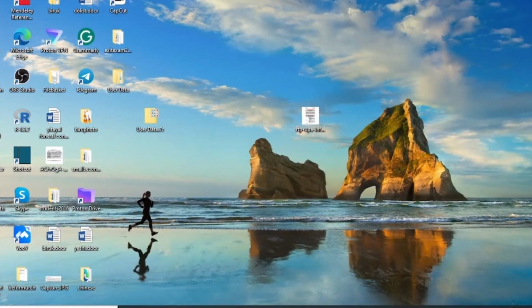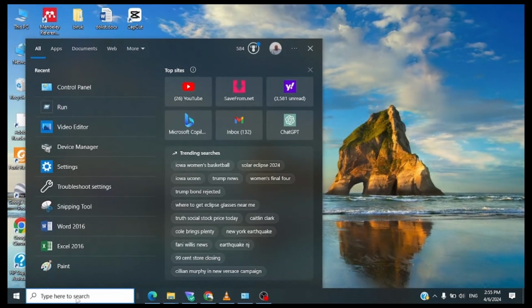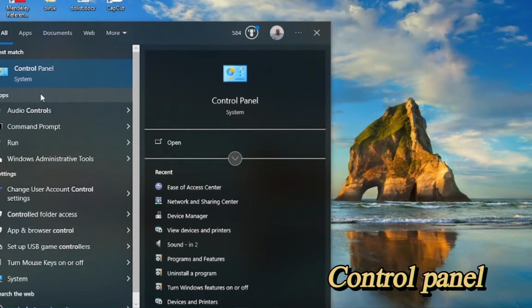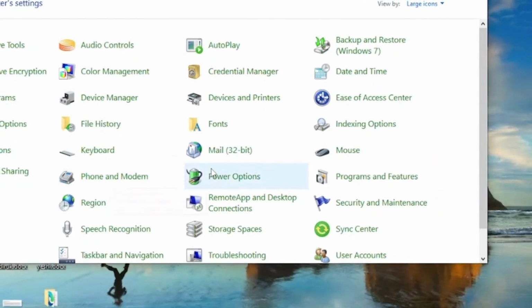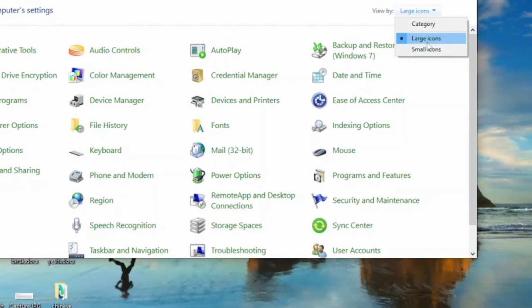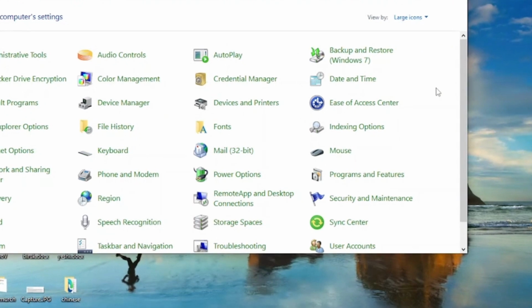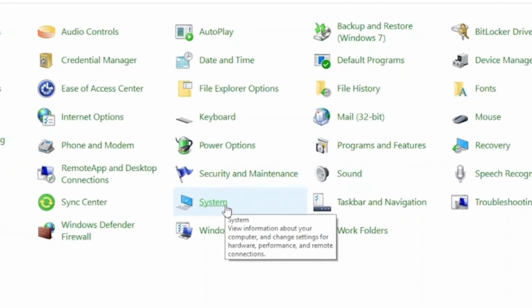let us go to the search bar and write control panel. Change to large icon. Let us maximize and